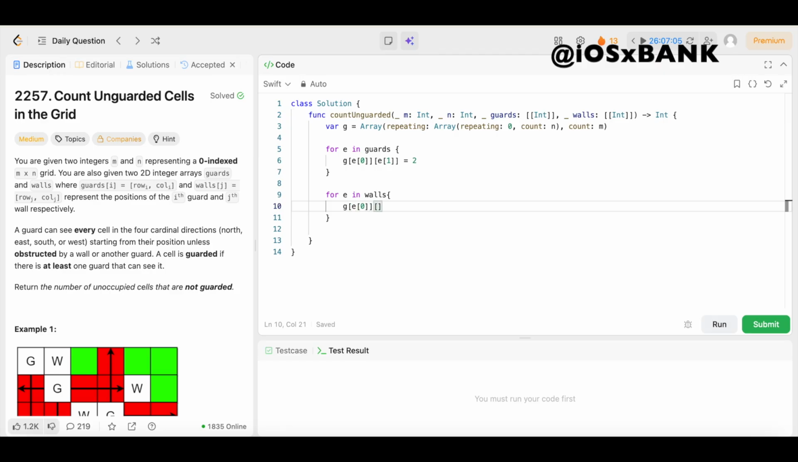We're going to say g[e][1], and we're going to set that equal to 2 as well. Boom. Now we need to get the directions array for up, right, down, or left movement. So we'll come underneath this for loop, and we'll say let dirs, for directions, equal, open up the square brackets, -1, comma,